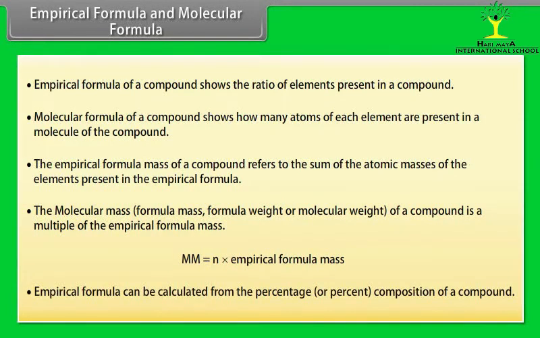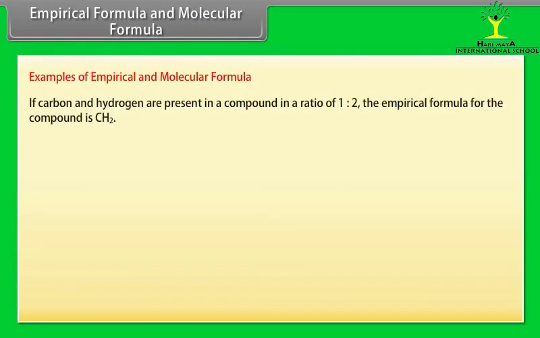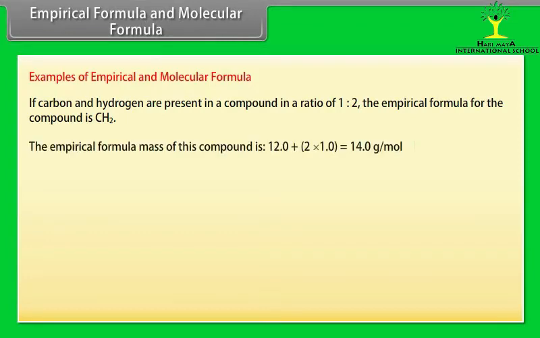Empirical formula can be calculated from the percentage or percent composition of a compound. Examples of empirical and molecular formula. If carbon and hydrogen are present in a compound in a ratio of 1:2, the empirical formula for the compound is CH2. The empirical formula mass of this compound is 12.0 plus 2 into 1.0, which is equal to 14.0